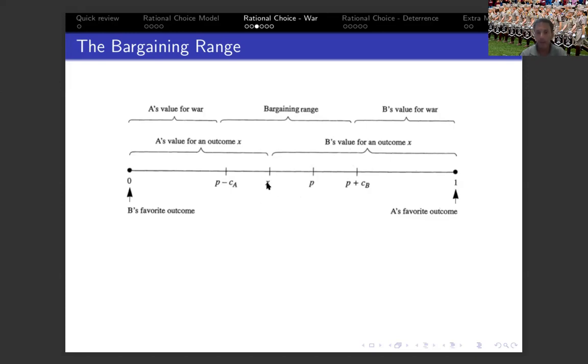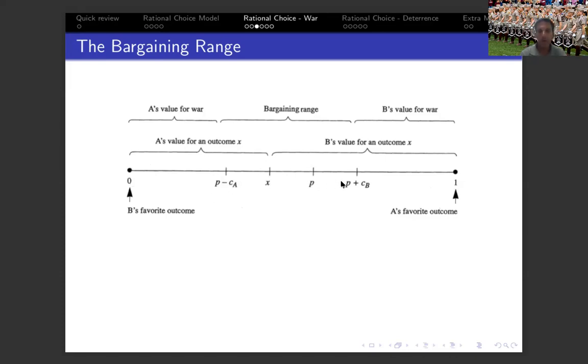In this case, X is the value that A will get from settlement X. Again, if this is the territory, and A gets this territory, it is going to be more useful to A than getting this just by going to war. Because yes, it's possible that A is going to go to war and win and get everything, but it's also possible that A is going to go to war and lose everything. So it is better for A to get X than to get nothing. Remember order preferences: it's better to get a suboptimal preference than getting nothing.